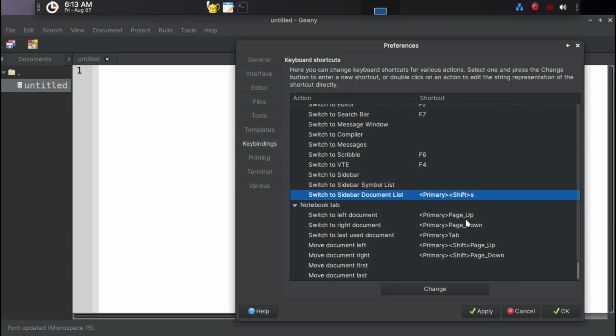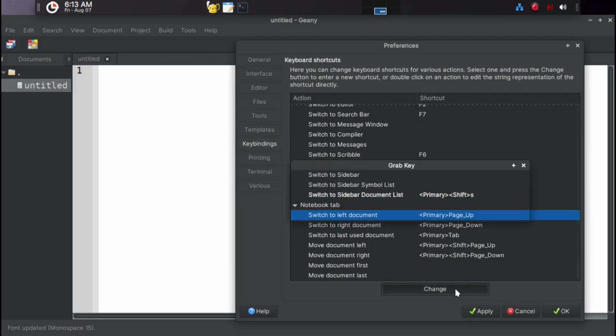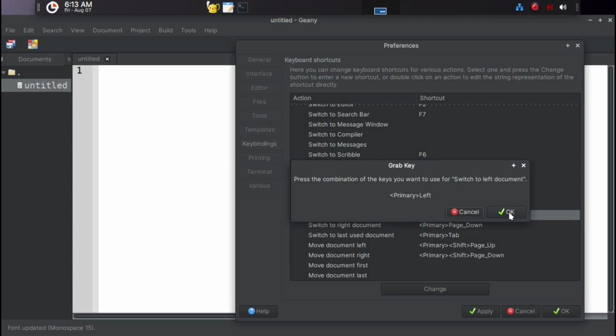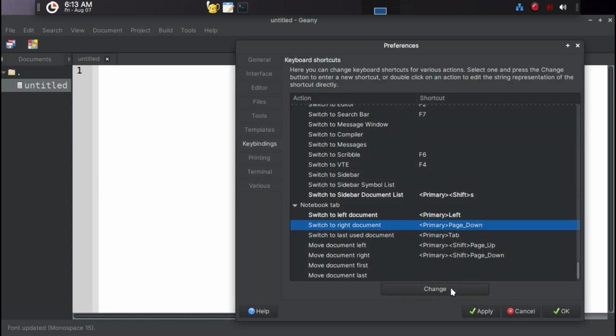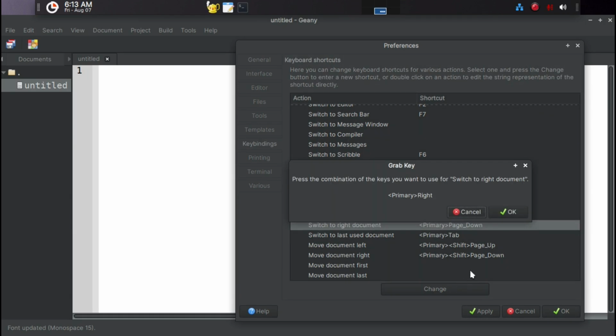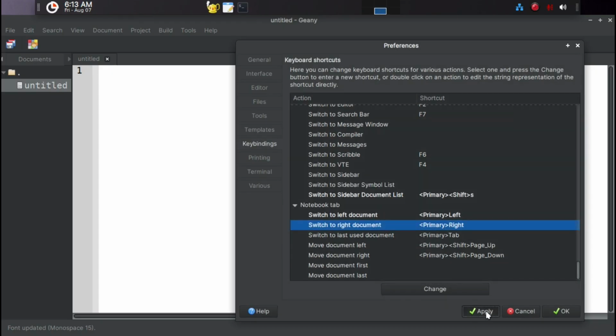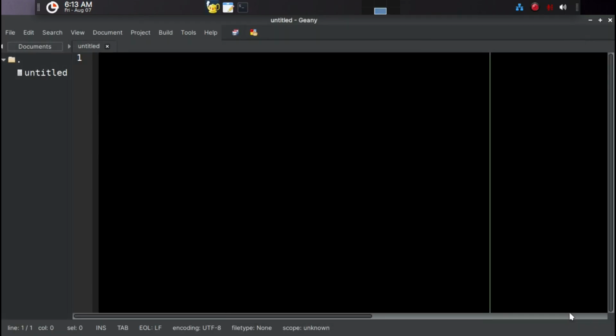Okay, and then Switch to Left Document. So when you have multiple documents, you can go left and right with Control left arrow and Control right arrow, and then Apply and OK. So now we can edit a file. So we can just go open up